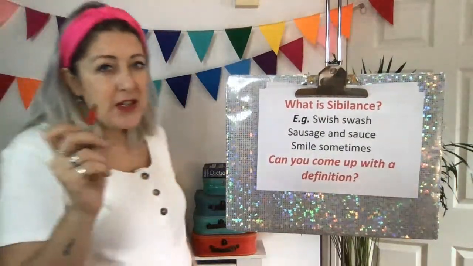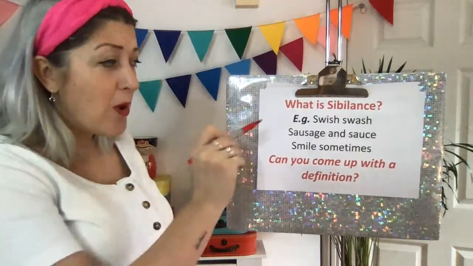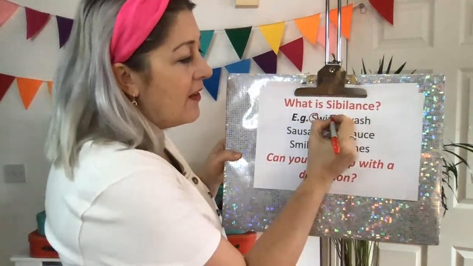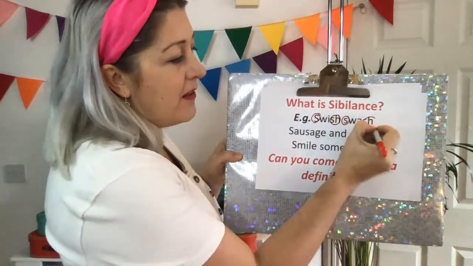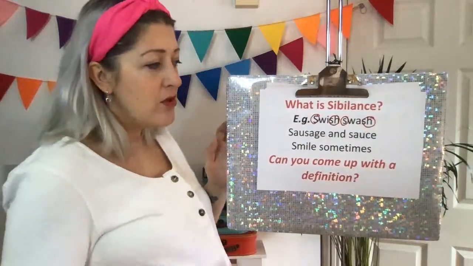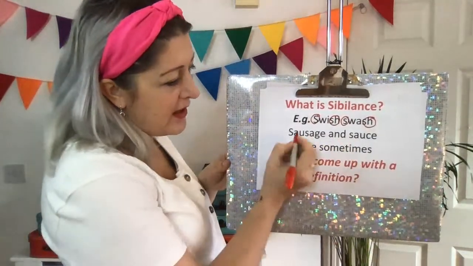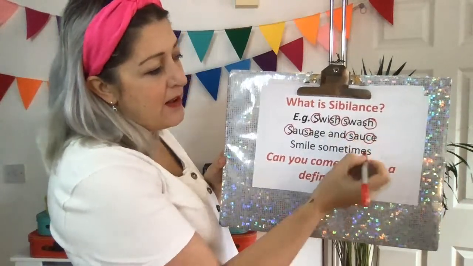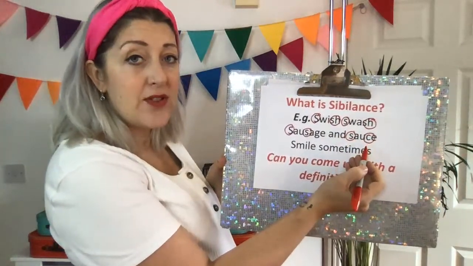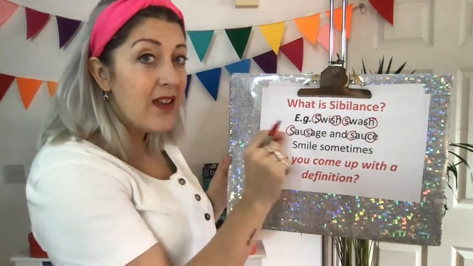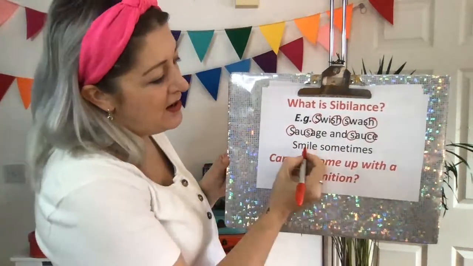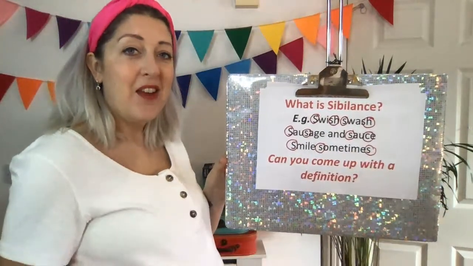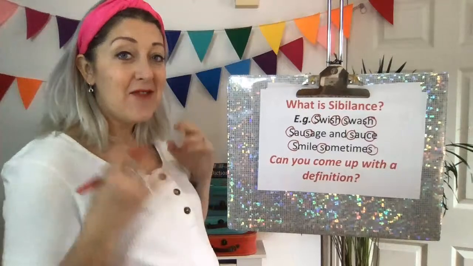So whilst I'm doing this, you can be one step ahead of me and trying to work out where all of those S and SH sounds are. There's 4 in the first example: swish, swash. Even though there's a C in the word source, it's still the sound, okay? We're not looking at the letters, we're looking at the sound. Okay, you're starting to see now. It's that repetition of